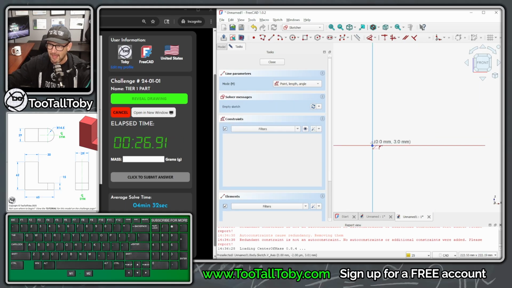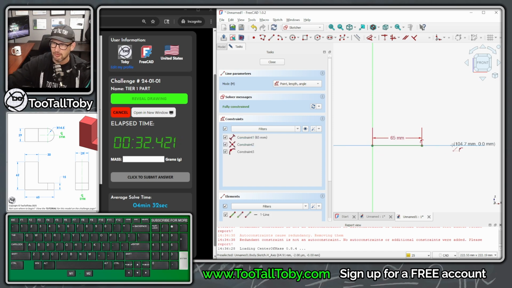I'm going to use the point length angle option. So single click, move our mouse over. This is going to go over 65, enter, and 0, enter. And then I'm going to create another line here that comes up. This one is going to come up at a height of 15, enter, and 90, enter. And we're going to come over here to this corner, come up here at a height of 62, enter, and